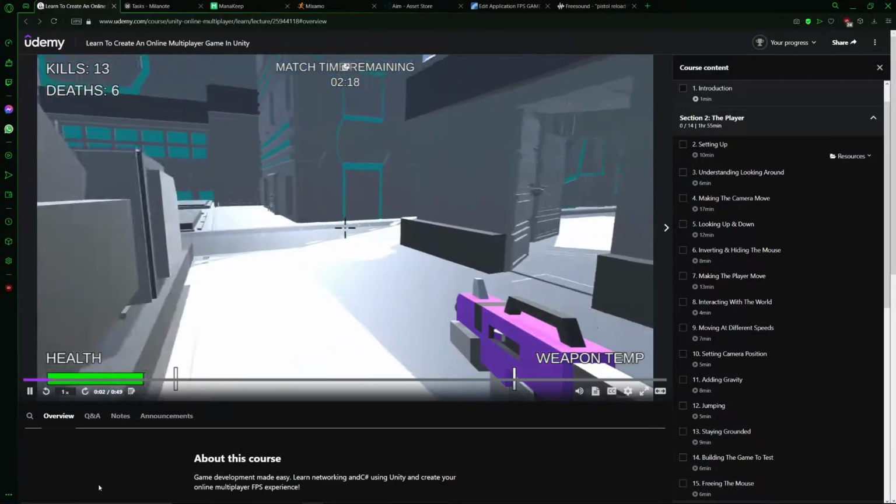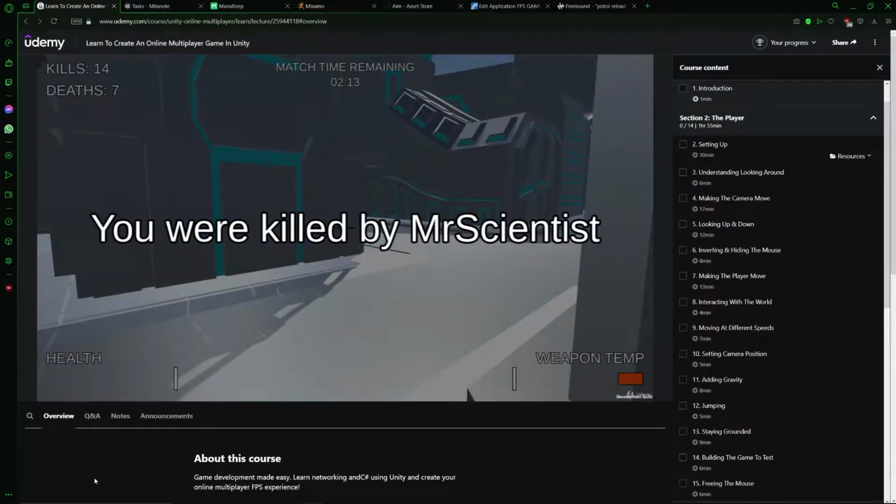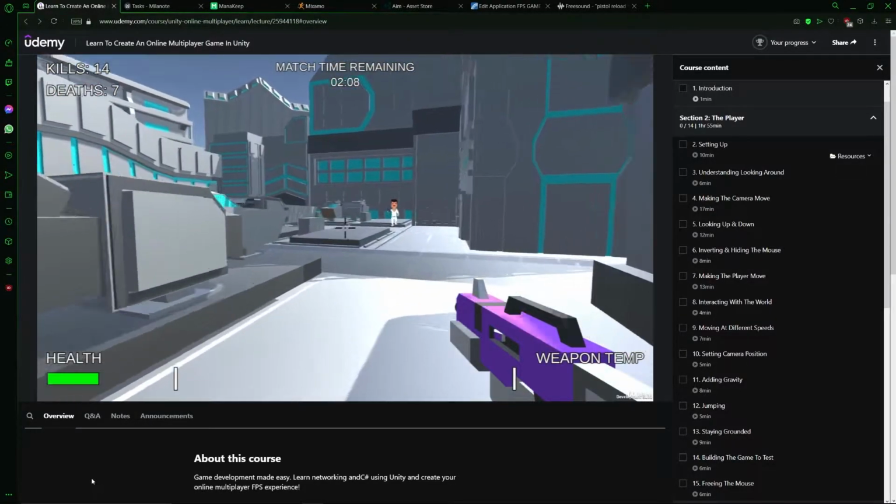I found a Udemy course on how to make a multiplayer FPS game, which will be so helpful, because I know nothing about multiplayer, even though I did a bit in Project Phantom, but I don't really remember any of that, so...